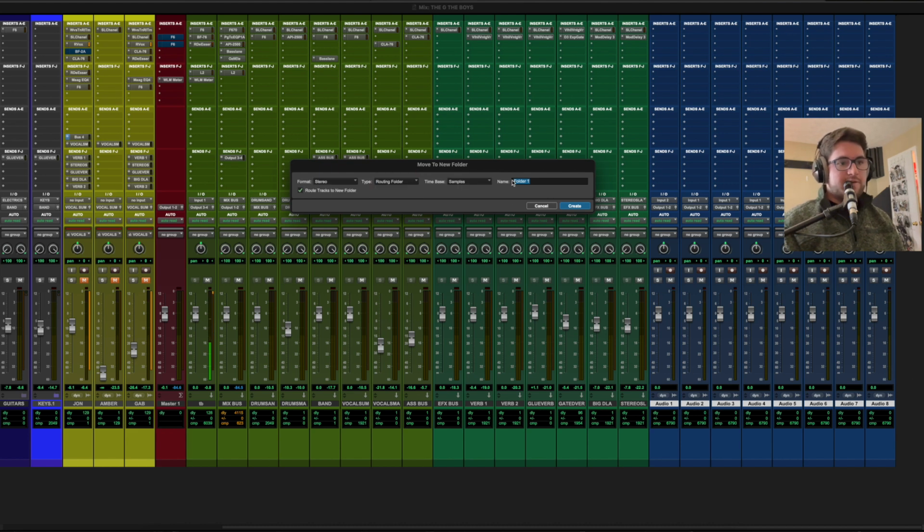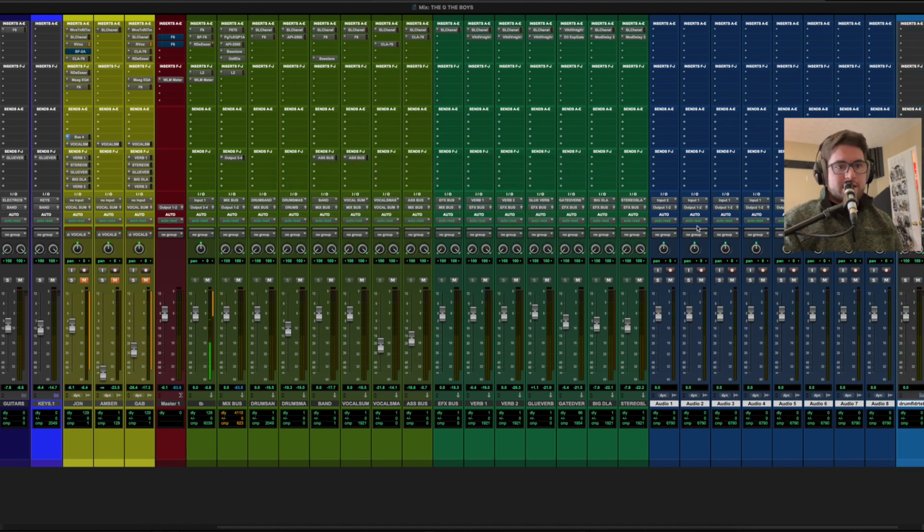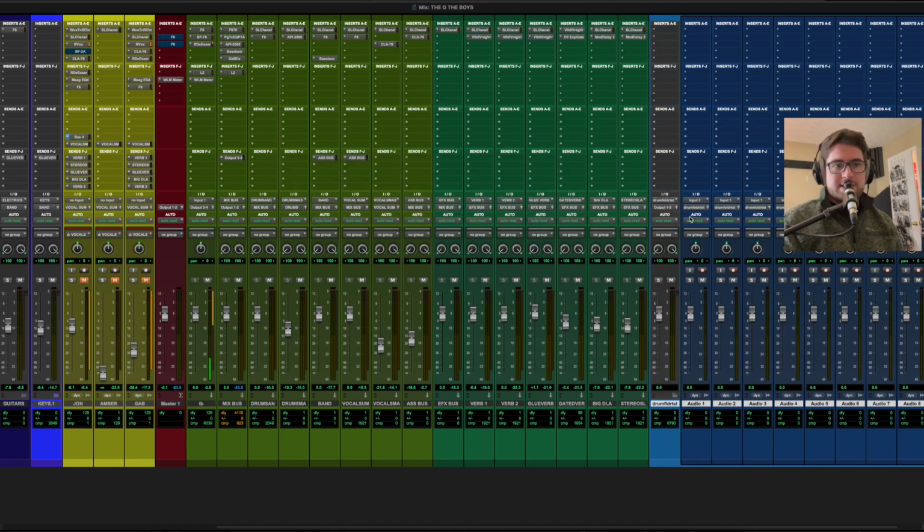We can say routing folder, and let's just call this drum folder test, and we can say route tracks to new folder. So now instead of us having to click through or select which aux instrument or aux input that we wanted to route these tracks to, we can say create, and you can see Pro Tools did it all for us. You can see all these tracks are routed to the folder,